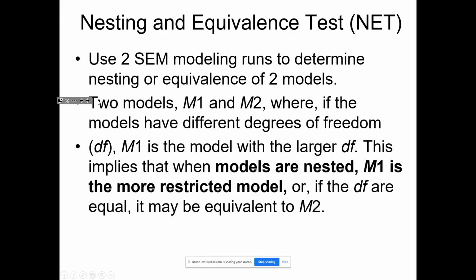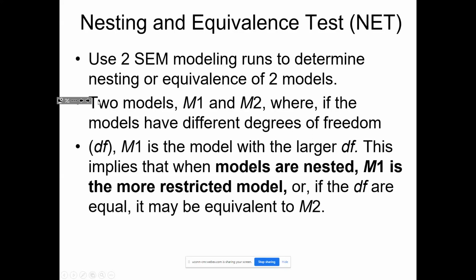And so we're going to have two models, let's say model 1 and model 2. If the models have the same number of degrees of freedom, then they could either be equivalent or not equivalent. They're not going to be nested, right? So if you have two models that have the same degrees of freedom, they're going to be either equivalent or not equivalent. If the two models have different degrees of freedom, so now we're really asking, are these two models